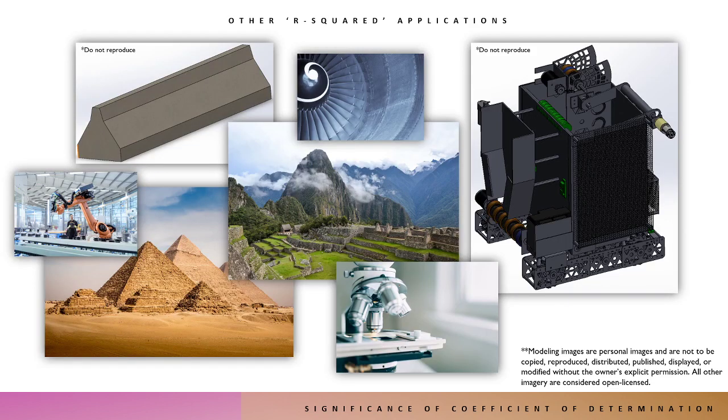Other R squared applications might be how the amount of water when forming affects the structural integrity of concrete jersey barriers, how weight distribution and ergonomics affect critical functions and mechanisms in robotics, how rainfall affects soil delocalization, which is similar to the previous applications, or how wind speed relates to erosion of materials such as at the Egyptian pyramids, or friction in a turbine, or even the effects of various vaccines for, say, the recent coronavirus in biological engineering.